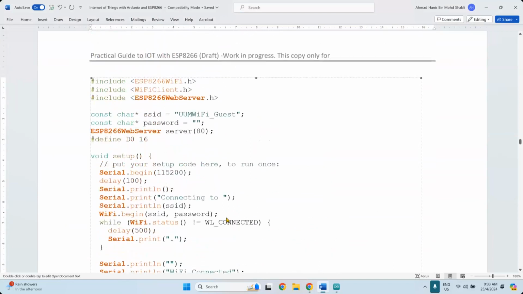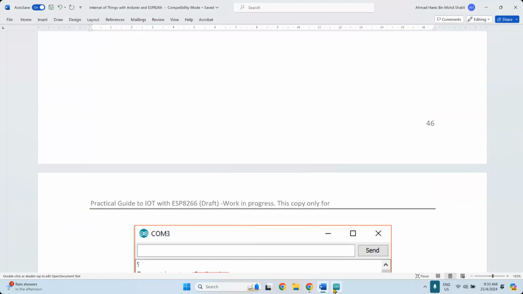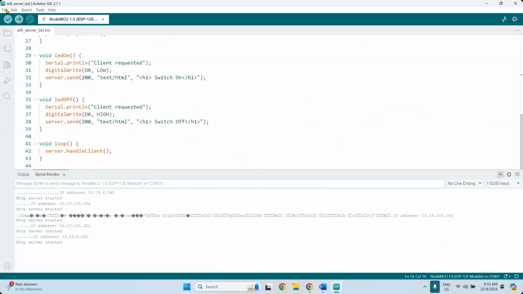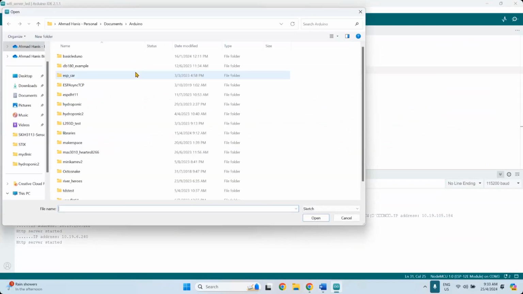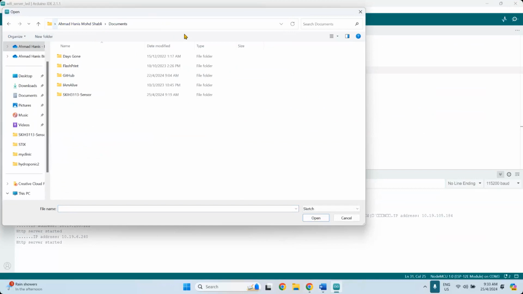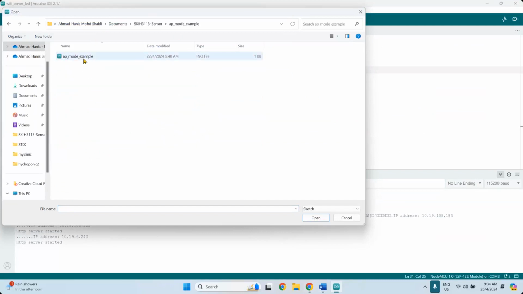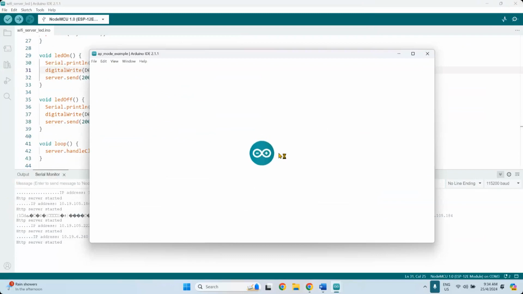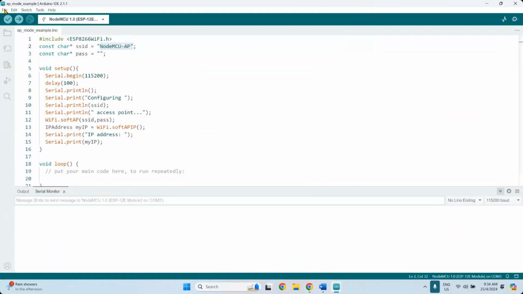But if I run this through the local AP mode, it should work. The AP mode here is basically the one that I have before this. You can just use the previous example that I have, the Wi-Fi example, AP mode example. Oh no, this is the AP mode example.